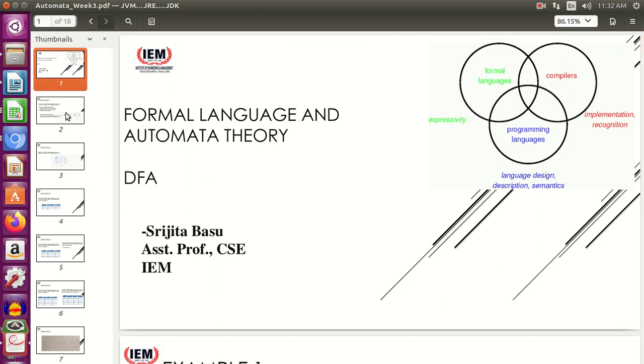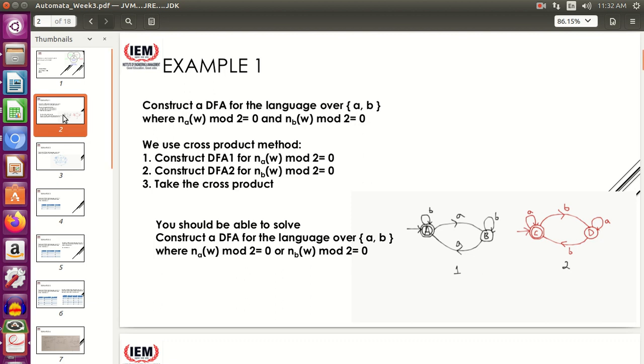Thank you. As I was saying, today we will be exploring a few more examples. In the previous lecture we saw problems like constructing the DFA where the length of the string was even, or divisible by 2 or divisible by 3, and so on. Today we will be seeing something specific to the alphabets.